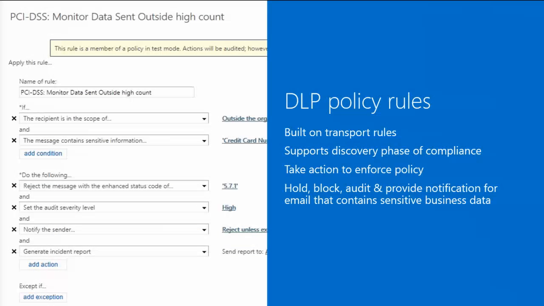Behind the templates, once you instantiate them and create them in your organization, are what's called DLP policy rules. These are really transport rules specific and tied to policies. So there's this construct of a policy, and you can think of it as a management object that tracks the rules that are part of it and allows consistent, easy management of those rules. This is built on transport rules, and those of you who understand transport rules know that it's really